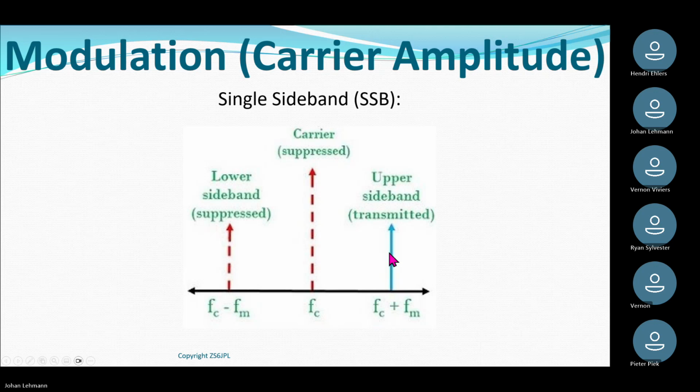Okay. So whatever my modulating frequency is, if I add it to the carrier, that will give me an indication of what my bandwidth is. So on SSB, it is quite efficient. We're sitting with the bandwidth of the audio, and if it's 3 kilohertz, that will be 3 kilohertz bandwidth.